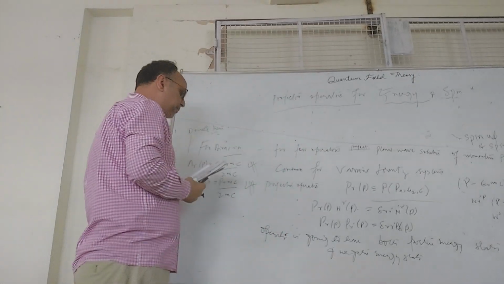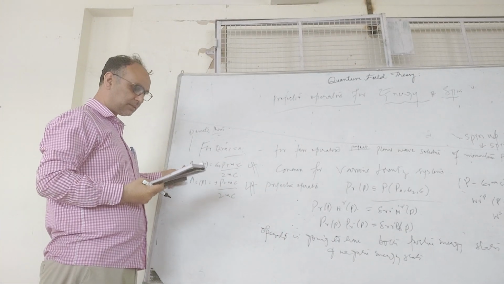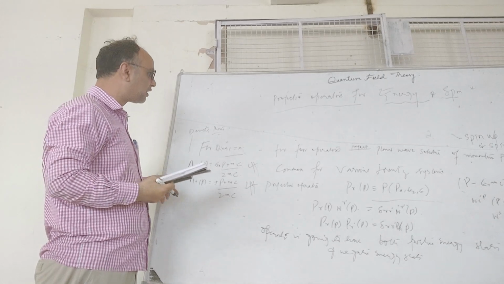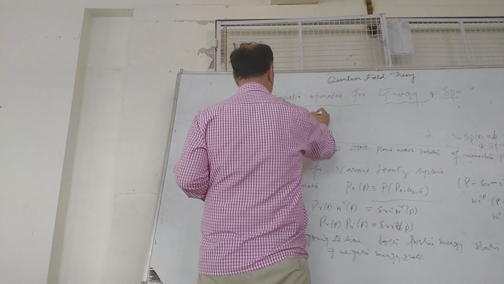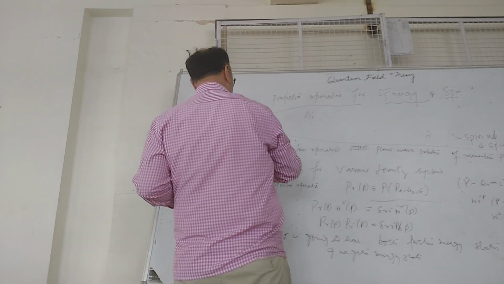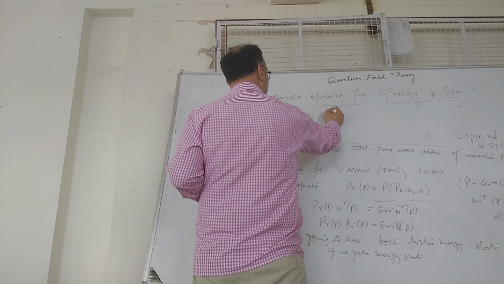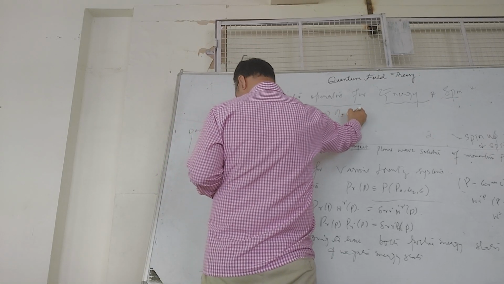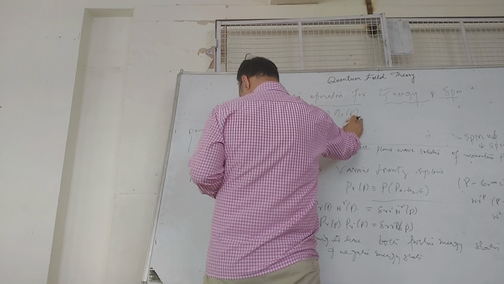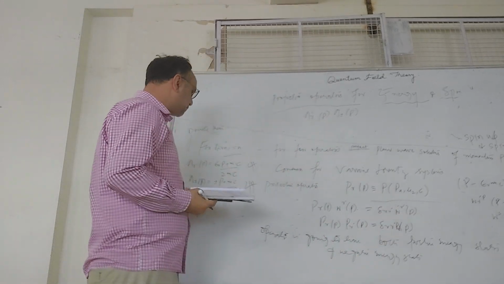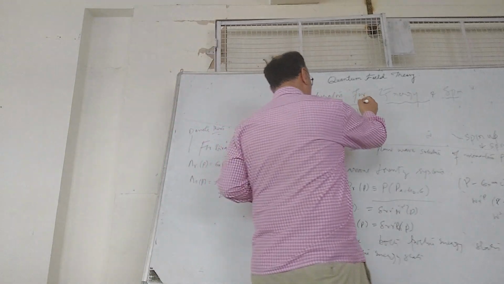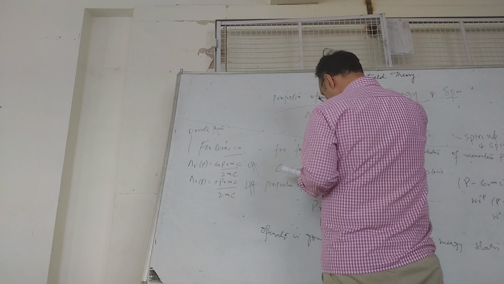So if you multiply this with this, so lambda RP, these are two states, two solutions, lambda RP into lambda plus minus 1. So we can multiply these two. So if you multiply these two, it will be